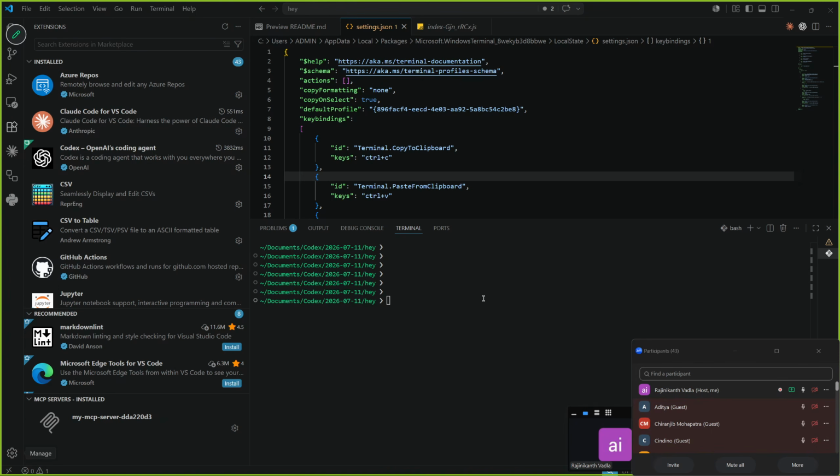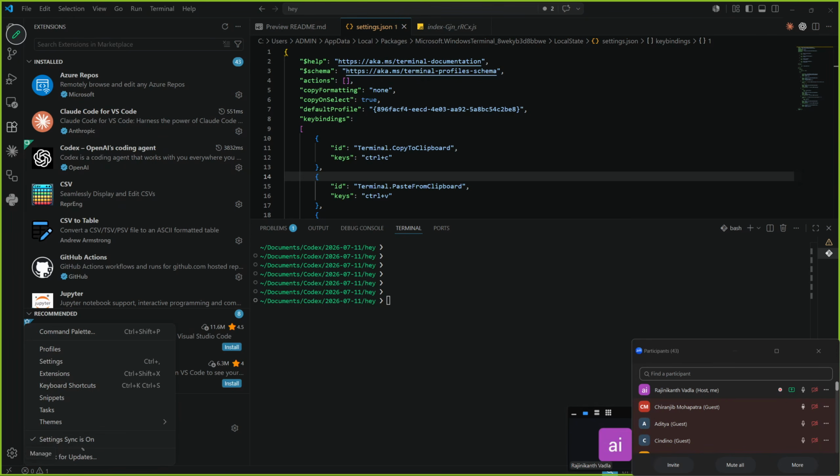Is everyone good, sir, up to here? Sir, for the GitHub integration, what is the option it will show? Because in the settings, I don't see any login option there. Can you tell me what option it is showing over there? Yes, it is saying setting sync is on, which means you already connected with your GitHub. Okay. See, for me also setting sync is on. I'm already connected with the VS Code.